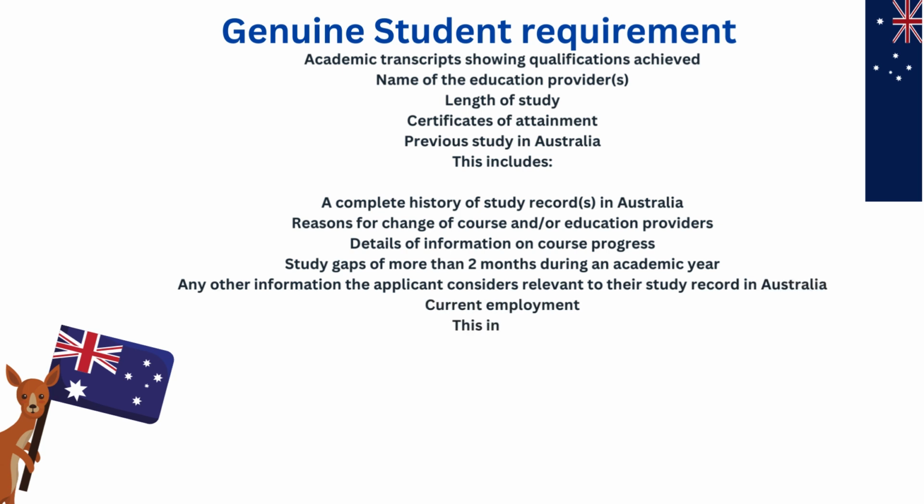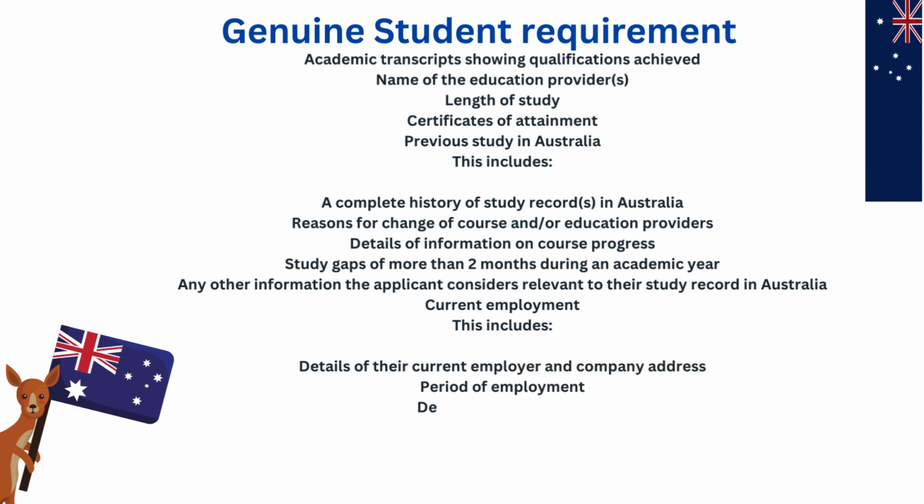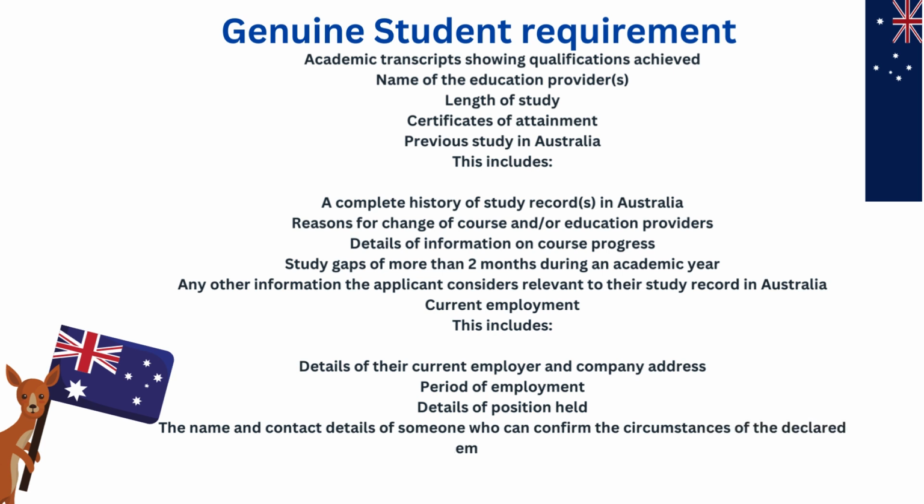Current employment. This includes details of their current employer and company address. Period of employment. Details of position held. The name and contact details of someone who can confirm the circumstances of the declared employment. Circumstances in their home country or country of residence. This includes